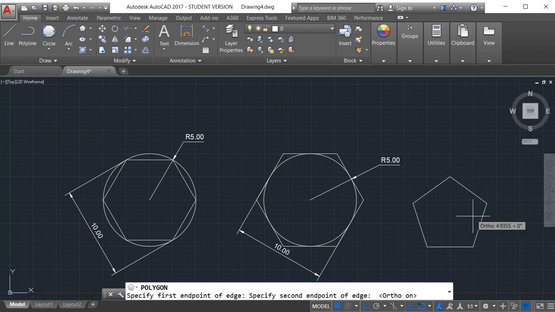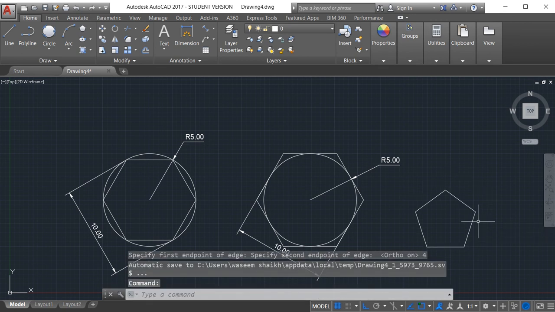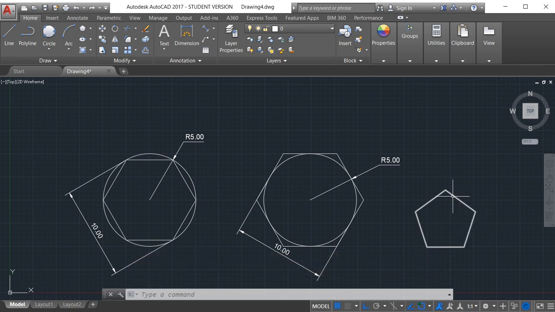Now we have given the direction, then we have to specify the length of the edge. Now I am going to give the length as 4, enter. So this will be our polygon by using the edge method.